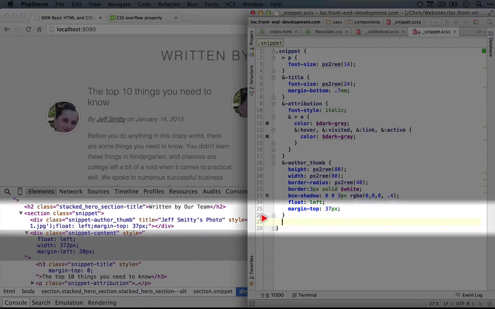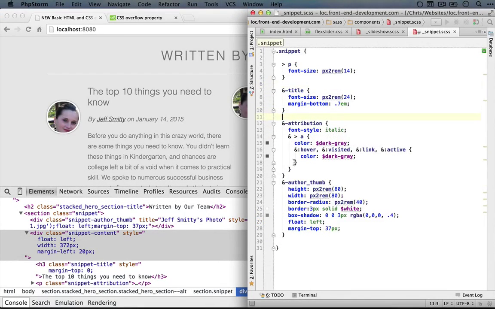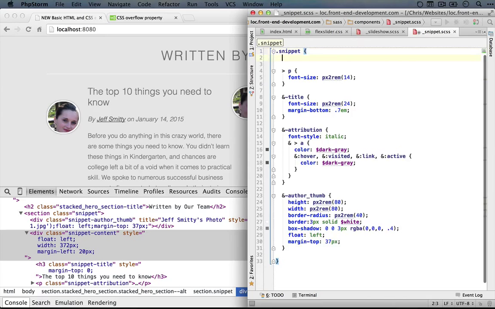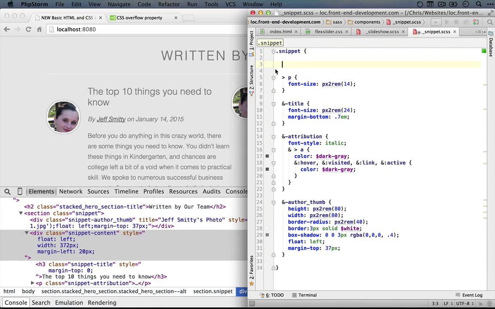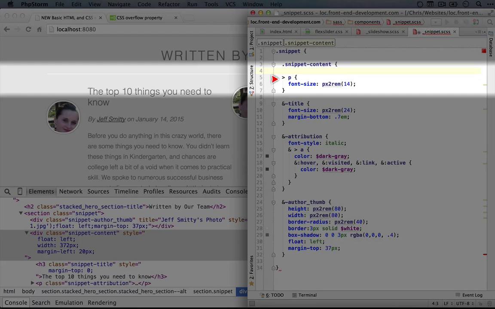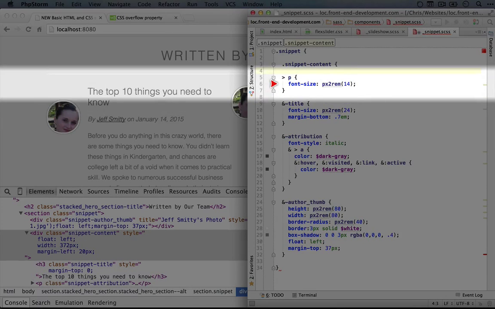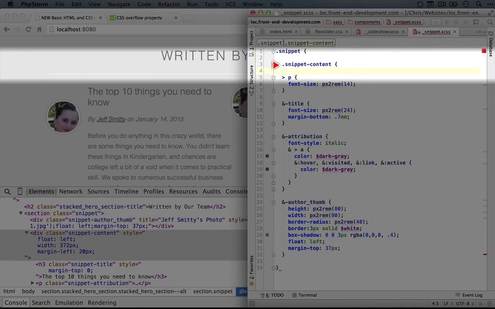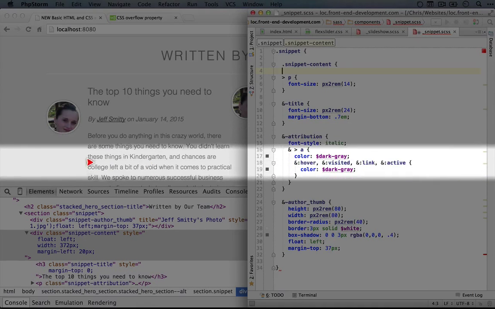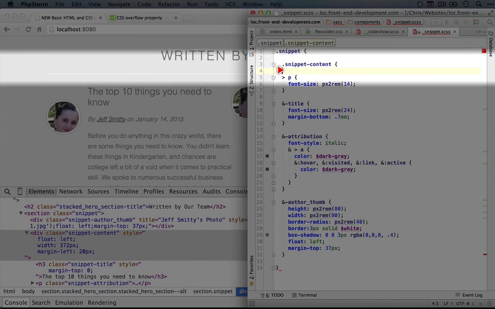So we need to add a new selector for that. And I'm going to add some white space between our selectors here. And I'm also going to put this particular selector at the top since these other elements are actually inside of it. So we'll add a snippet content. So now because we're using a child selector on our paragraph tag, this now needs to be within the snippet content selector. You may have noticed that the text here got a little bit bigger, and that's why,